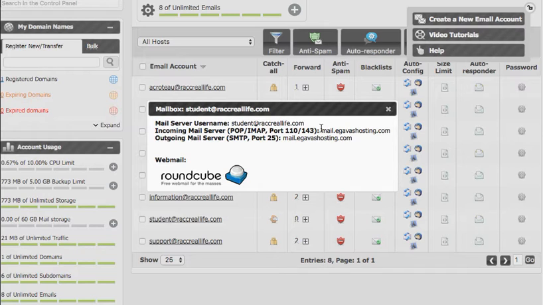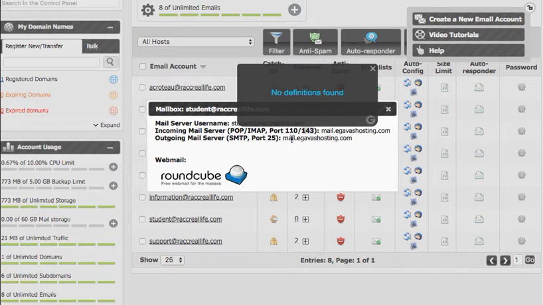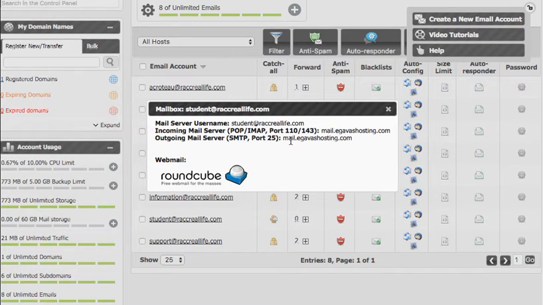The incoming and the outgoing server is always mail.egavashosting.com for both. It gives you the port numbers, and you should be able to set up a phone or any kind of mail client just using this information alone. In some cases, if you don't have access to a mail client, which would be somewhat odd, or you were in a situation where all you had access to was the internet,